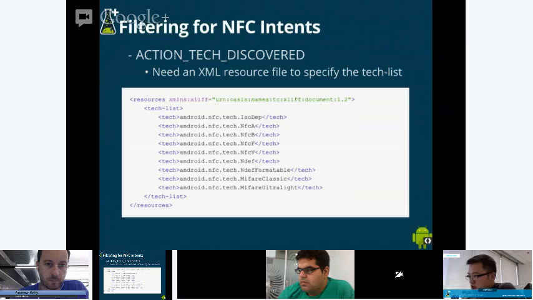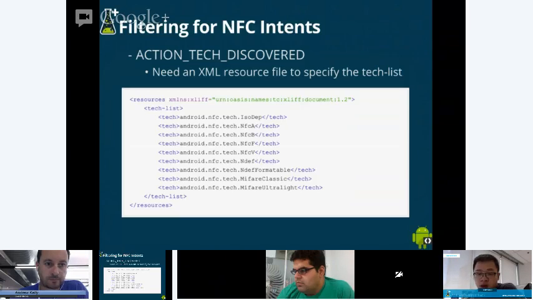So in this case, what you are saying is your application will only take an NFC tag that can support the entire list of NFC technology. It's a pretty long list, and in reality you probably only want to specify a few, because this is really an edge case. You're trying to find something that supports all of these technologies.